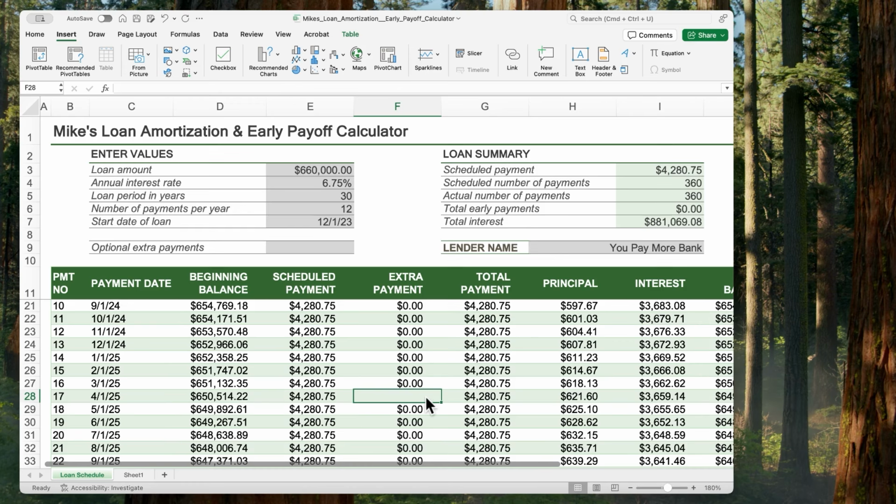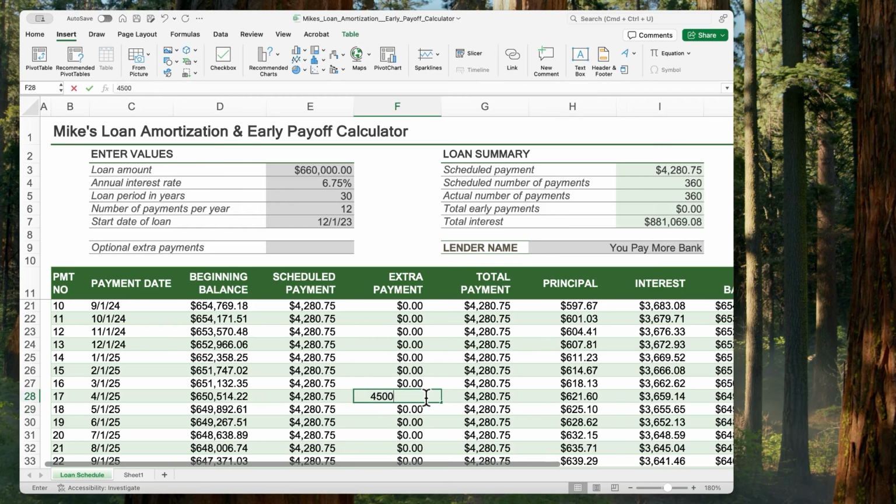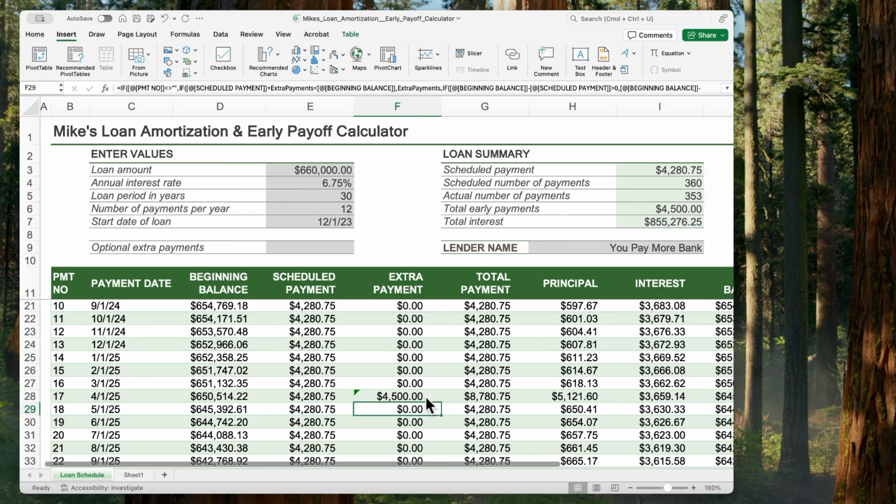Right? If I make this $74,515.80, it went from 360 minus 269. So I just removed 91 payments or 7.5 years off the mortgage balance versus just doing a payment of $4,500, which goes from 360 down to 353. So obviously there's going to be a big difference there, but we're going to show over the next 12 months